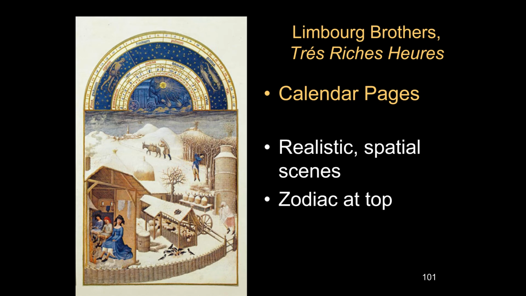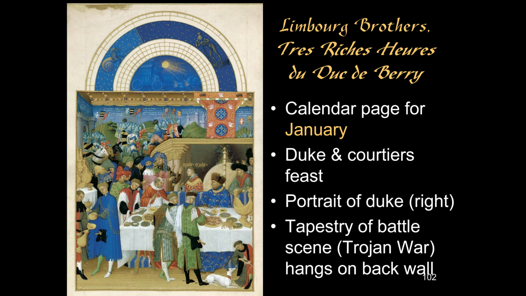Okay, let's look a little closer at a few of these. This was January, and they're having a feast day of the Duke and his courtiers. On the right, you see this sort of arc that's light-colored, and that is a fire screen. He's standing in front of this great fireplace, and to keep the heat from just being too hot, they have a screen, and the Duke sits on the other side of this, so he can be comfortable and warm, and he's the most important person, and it really marks him out.